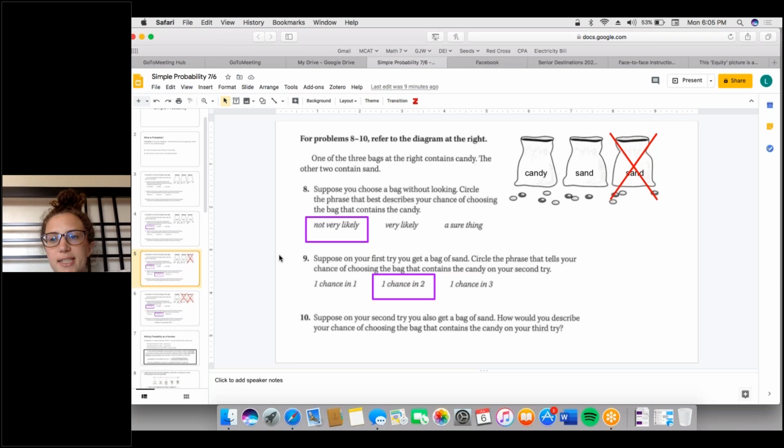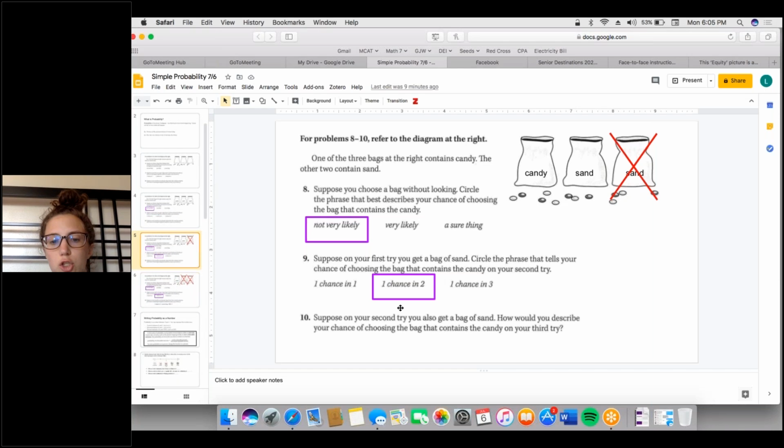And number 10 is an extension of that. Number 10 says, suppose on your second try, you also get a bag of sand. How would you describe your chance of choosing the bag that contains the candy on your third try? So the first thing here that was important is they said the second try also was a bag of sand, which means I can cross out the second bag of sand because it was already chosen. And now there's only 1 bag left that I can pick, and that's the bag of candy,